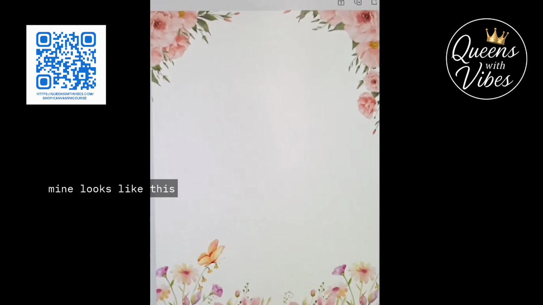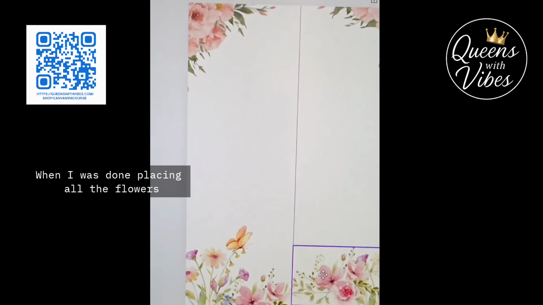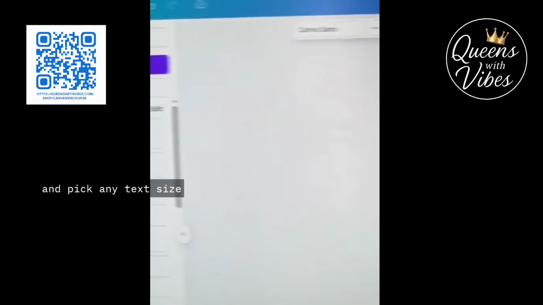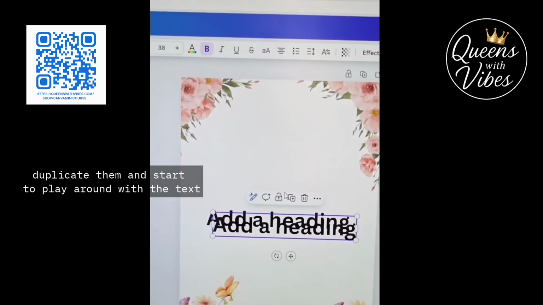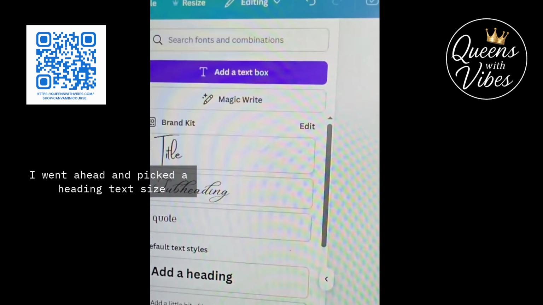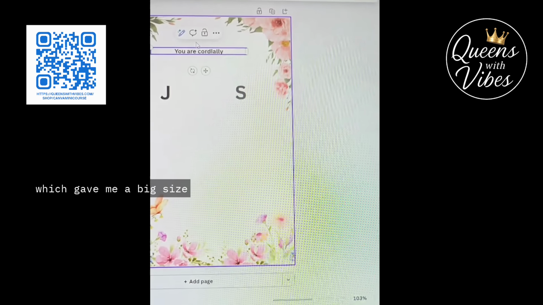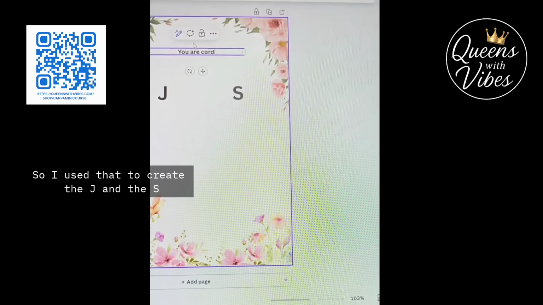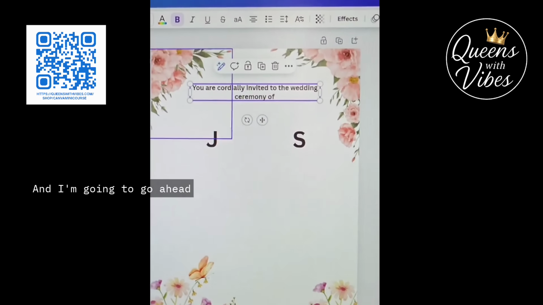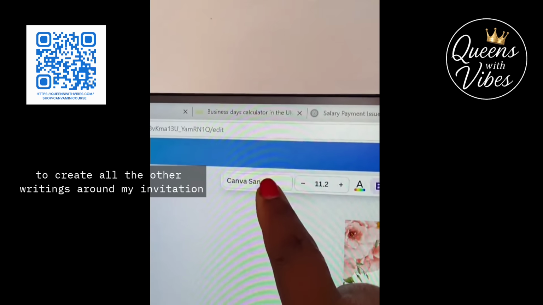Mine looks like this. When I was done placing all the flowers where I wanted to place them, you're going to go back into text and pick any text size, duplicate them and start to play around with the text. I went ahead and I had a heading text size, which gave me a big size. So I used that to create the J and the S, which are the initials of the couple getting married. And I'm going to go ahead and use different font sizes like this one to create all the other writings